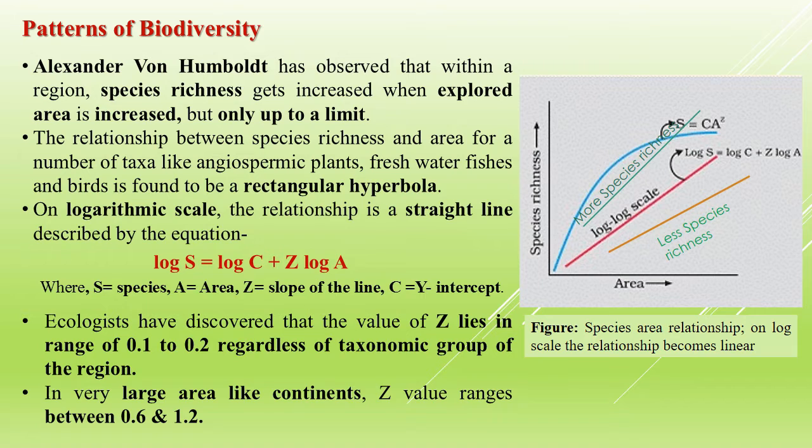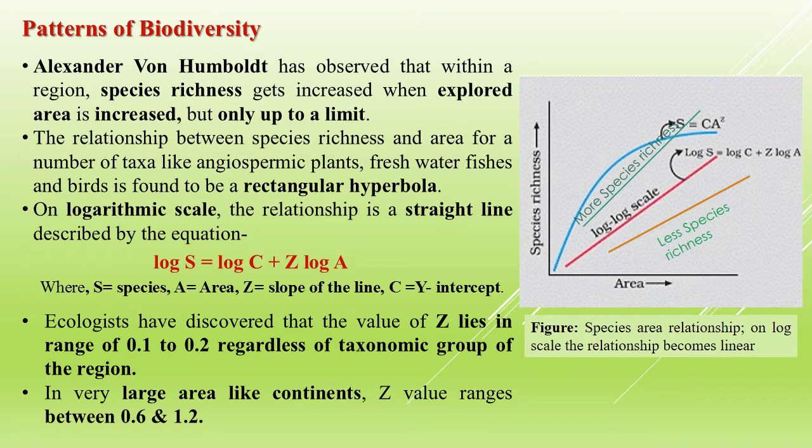That means if we consider a colony, city and the state, we find that in a colony the species diversity or species richness is least, then in a city it is higher, and then the species richness will be highest in the state. But if the number of states increases, then what will happen?